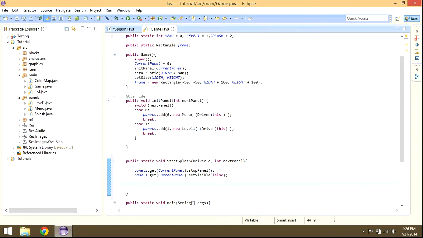And then, so we're basically taking that panel and we're going to stop painting it to our JFrame. So now we're going to say current panel equals our next panel. Well, sorry, no, that's not. That's what we would normally do if we were just making a plain old start panel method. But what we're going to do instead is we're going to make